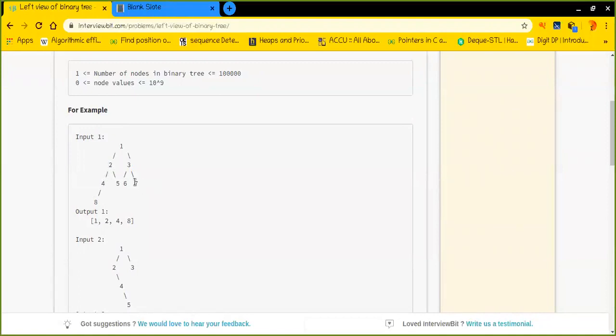Like he can see 1, he can see 2, but he cannot see 3 because 2 and 3 are on the same level, and 2 is at the very beginning. Let's say the person stands right here and sees that there is a 2, but he cannot see 3 because it is hidden by 2. And same for 4. All these internal nodes are hidden by this particular node 4. So he will not be able to see them anyway. Similar case for 8.